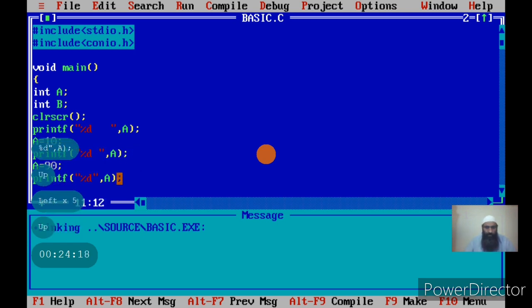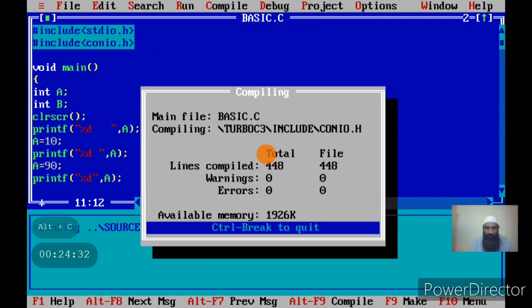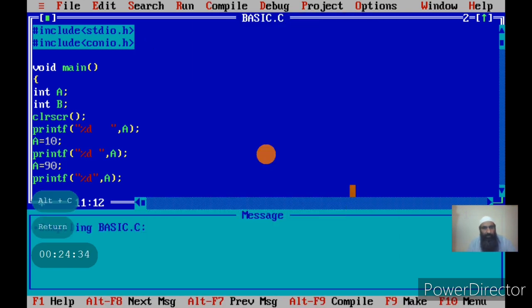Now let us compile the program again, since we have changed our program, and now our program has one more statement, an assignment statement, that is A equal to 10.